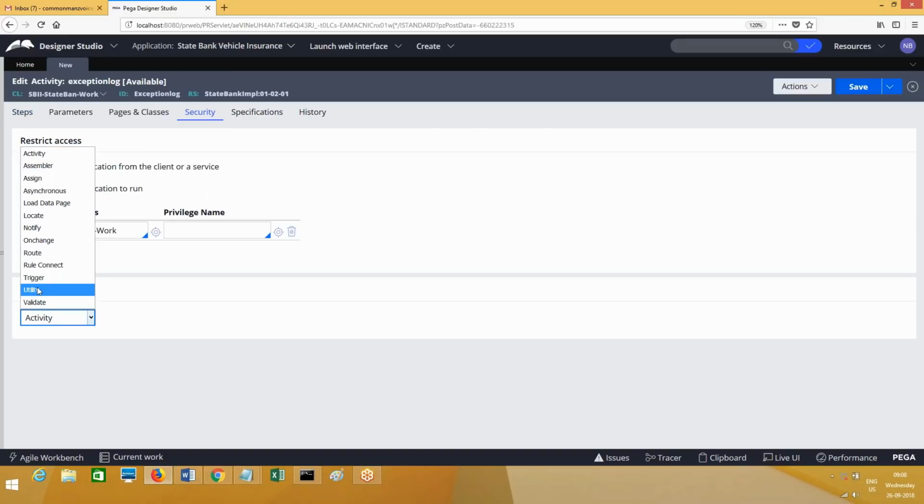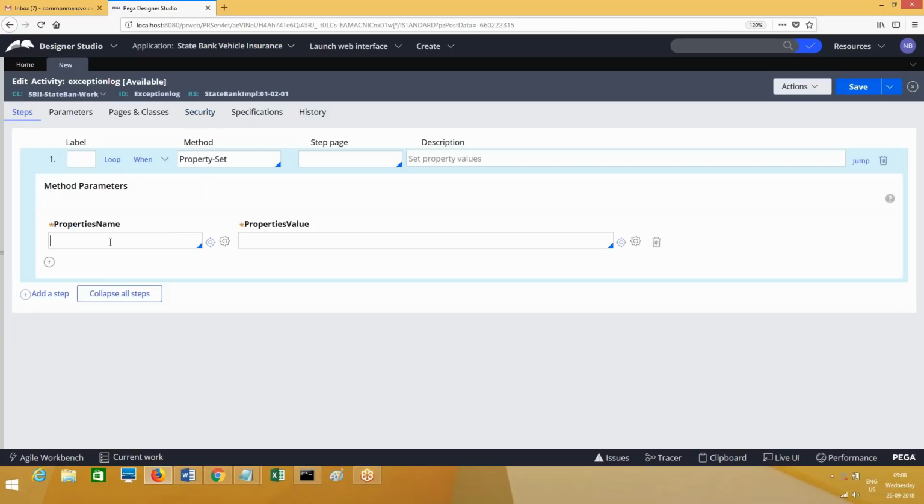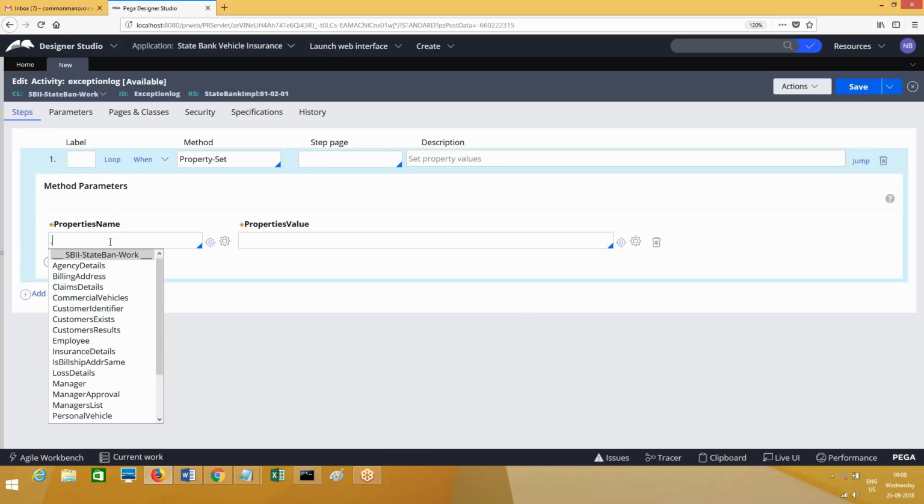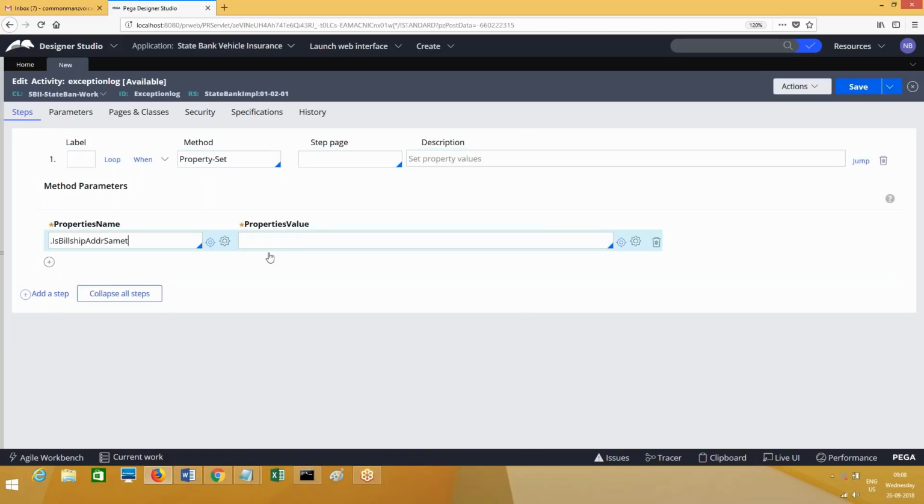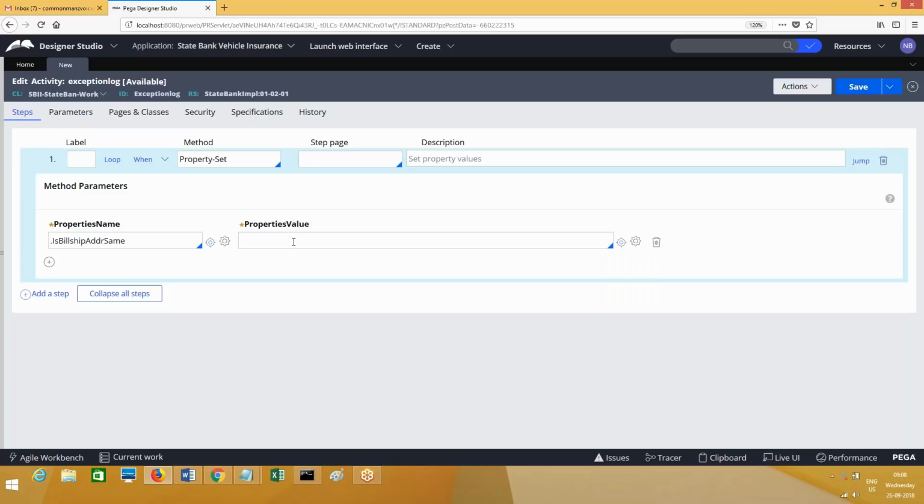I'll make it utility also. I'll take it into workflow so that you'll better understand. Property set, and here let's say one property I will add: billing shipping address name equal to true. This is one property set.